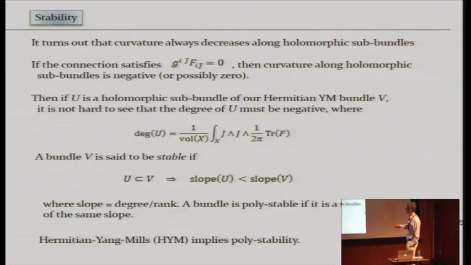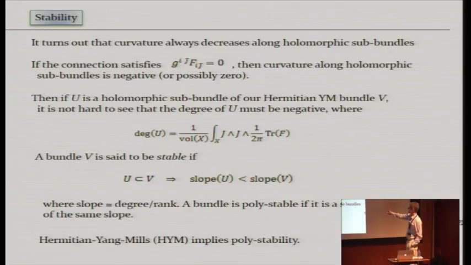So this motivates the following definition. A holomorphic bundle V is said to be stable if for any holomorphic subbundle U of V, the slope of U is smaller than the slope of V. And the slope of U is essentially the degree. It's really the degree over the rank. And the reason why we look at the slope rather than the degree is because I've really implicitly assumed here that I'm working with a simple gauge group. If you work with a non-simple gauge group containing U1 factors, you have to generalize this equation slightly in terms proportional to the identity matrix. And then you really want to think about the slope rather than the degree. Okay, but anyway, modulo that.